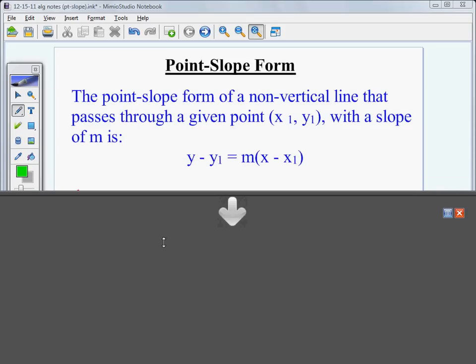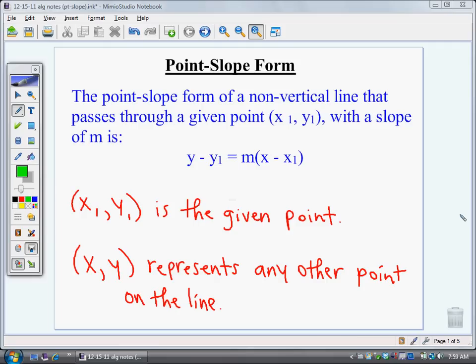Here's what point-slope form is. y minus y sub 1 equals m times the quantity of x minus x sub 1. And x sub 1, y sub 1 is going to be the given point. That will be an ordered pair that's given to you, with numbers, a location in the coordinate grid. The x, y is going to represent any other point on the line, and those will stay as variables. On the next page, what I'm going to do is quickly show you